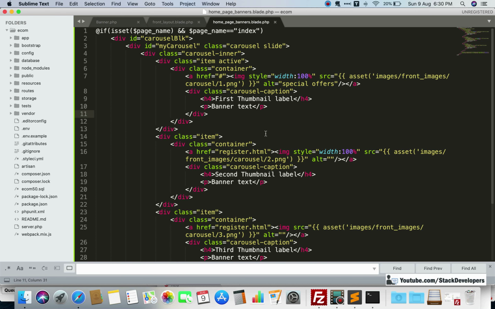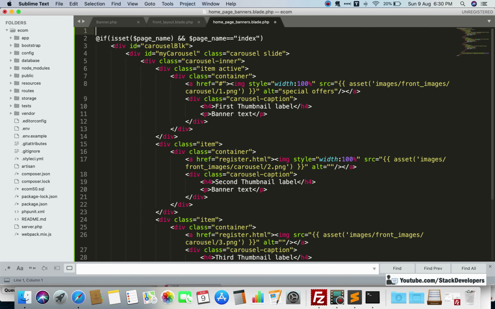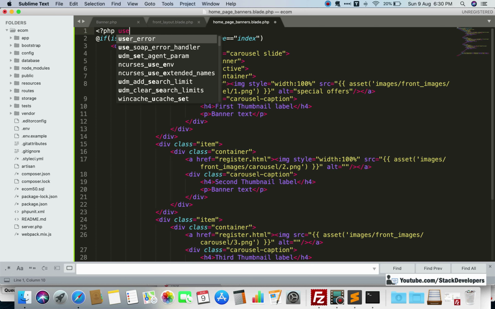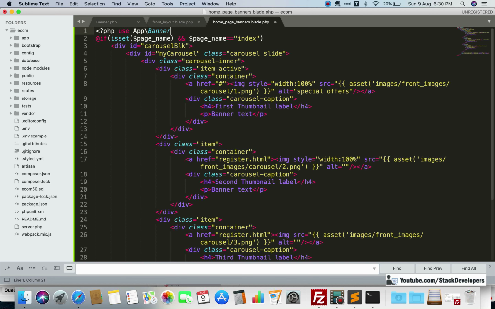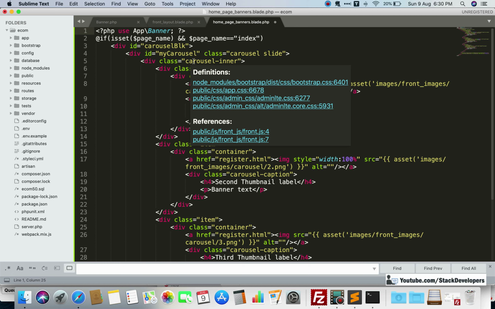So now here we will make it dynamic, and for making it dynamic we need to call our model, the banner model: use App\Banner. After calling the banner model we also need to call the function as well.